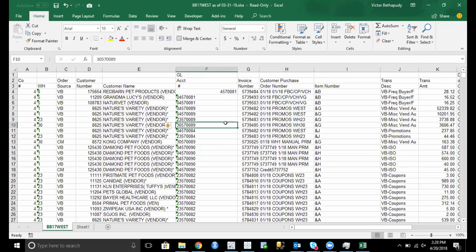So when you make something as text, you are telling Excel, this is not a number. Treat it as English language. Treat it as ABC. Because it treats it as ABC, the 0 in front of the number is just treated as that. Otherwise, Excel says 045 is the same as 45. 45 is 45. It will take the 0 away. So if you're using it for item numbers, invoice numbers, GL account numbers, it's always a good practice to use